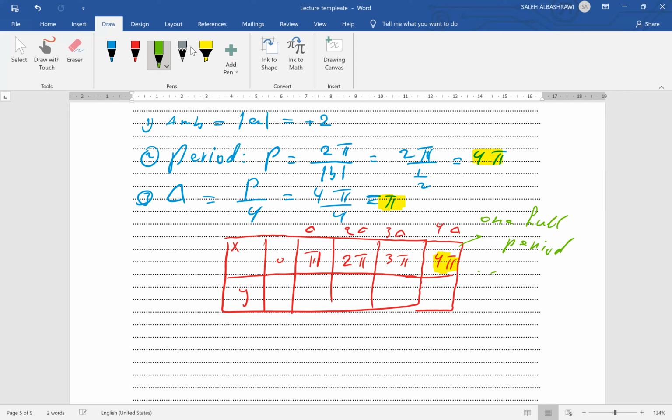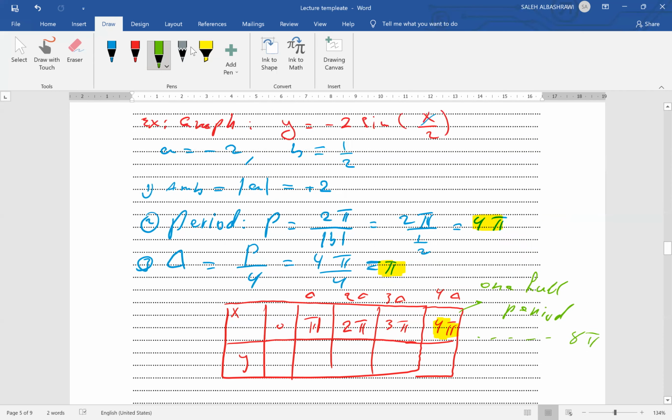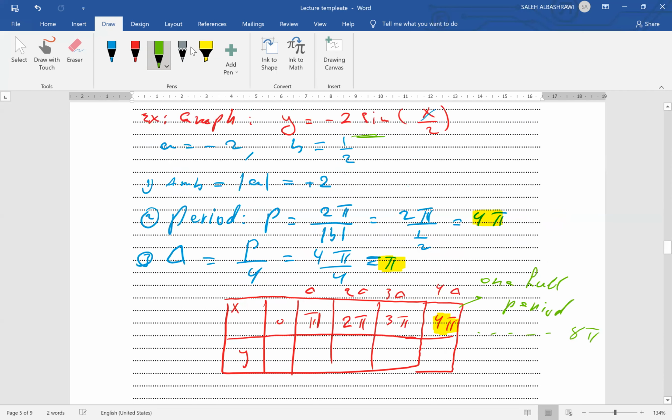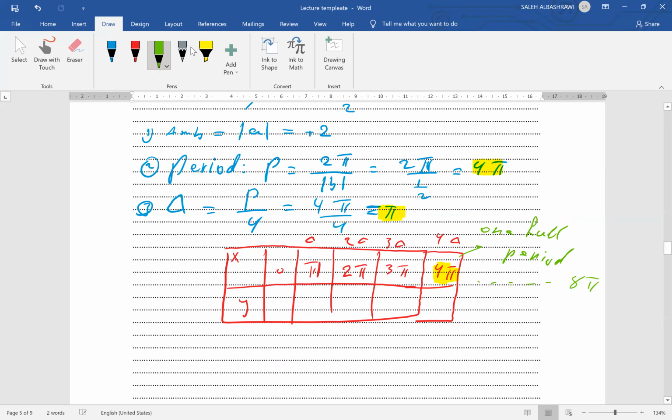If it is 2 periods, I will move to 8 pi. 5 delta, 6 delta, 7, 8 delta, that will give me 8 pi. But if the question says only graph one full period, then it is up to 4 pi. And since we are trying to scale this function, which is a sine function, and for the sine function, start with